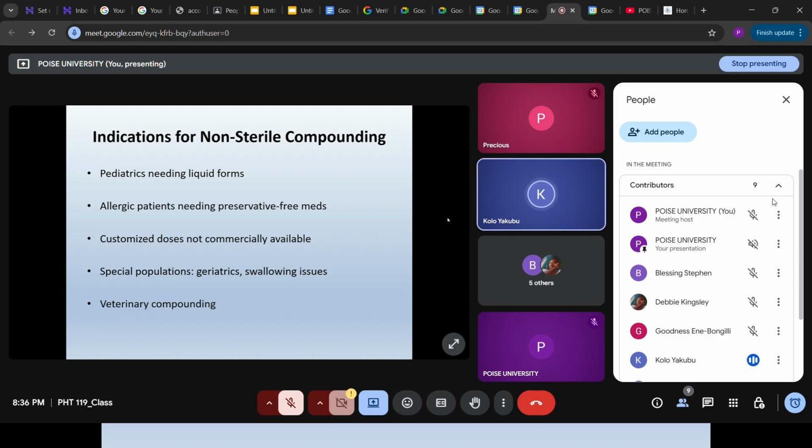Assuming, let's take paracetamol, a very common one. The strength is normally 500 milligrams. You know that. So for adults, they will tell you, oh no, you need 1,000 milligrams twice, 3 times daily to cure your headache or something. Assuming there's a kid that needs to take that medication, but not 500 milligrams. This kid needs just 250 milligrams, or maybe just 150 milligrams, based on the weight of the baby,